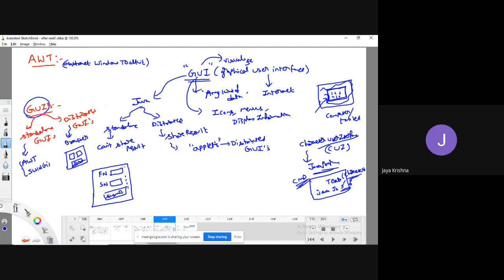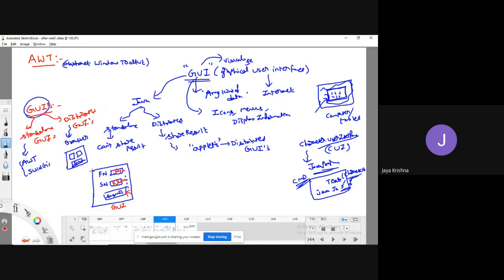This GUI, we can call it an interface. Through this interface, the user can enter his first name, like first name is Jaya and second name is Krishna, and click on the submit button so that the data is communicated to the system. The system can be a server or a local system. This is a kind of GUI.